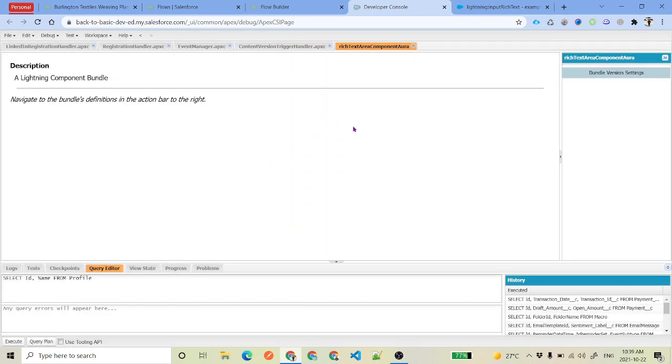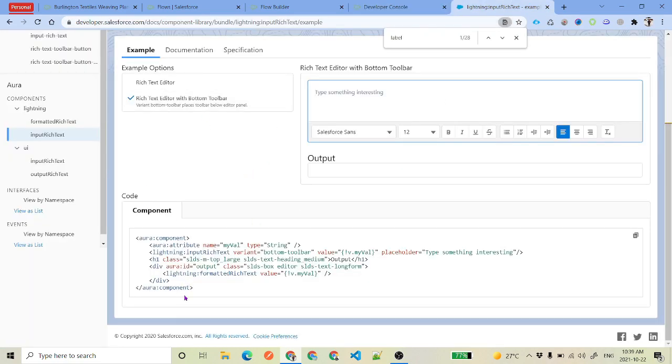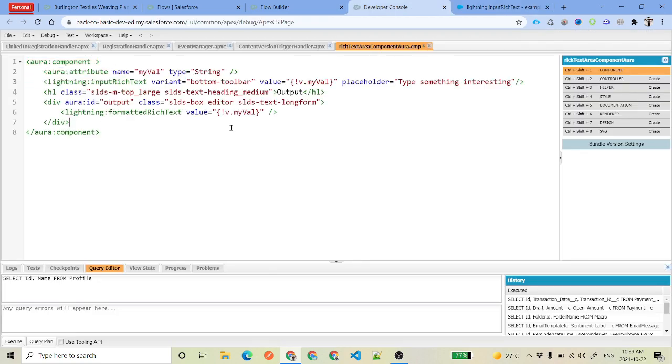Now what we need is the rich text area component. For that go to the component library, and this is the code that we want for rich text area. Just copy this and paste it over here. We have just used one variable, and then we are using lightning:inputRichText, and then we're displaying the output.